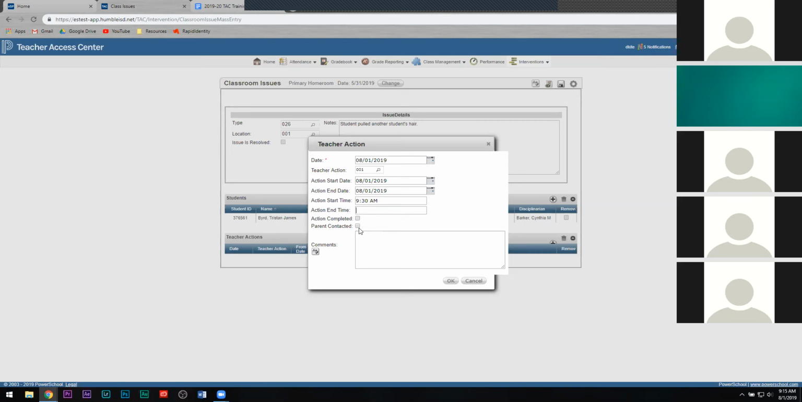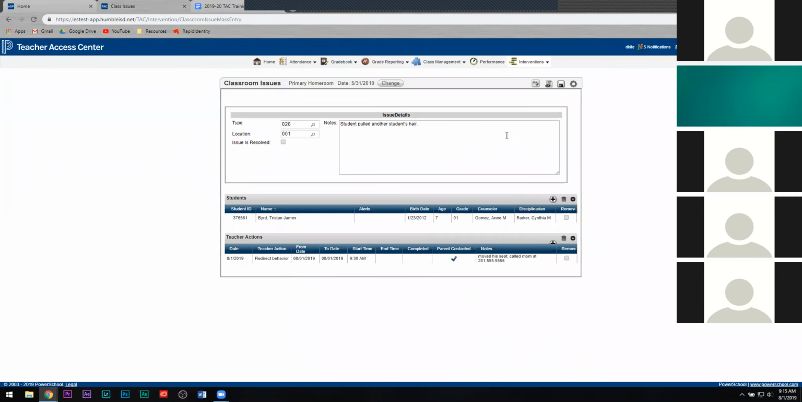And then parent contacted, if you did, great, fantastic. This will help you document those contacts. And then you can write down what exactly occurred, moved his seat, and called mom at whatever number, and then say okay. All right, so we have now documented a classroom issue for this one particular child. And so once you save it,